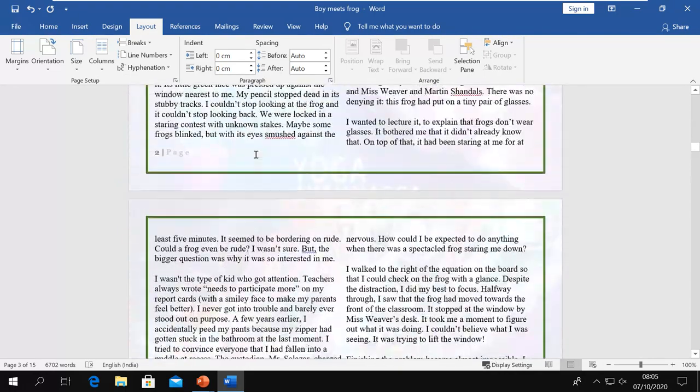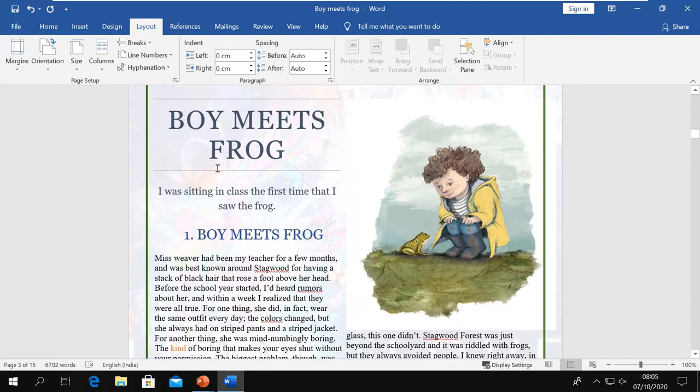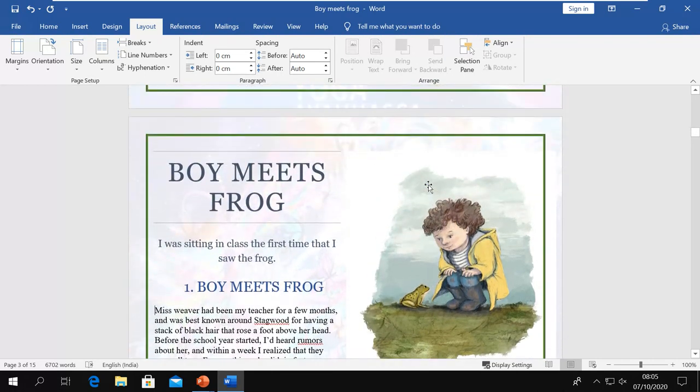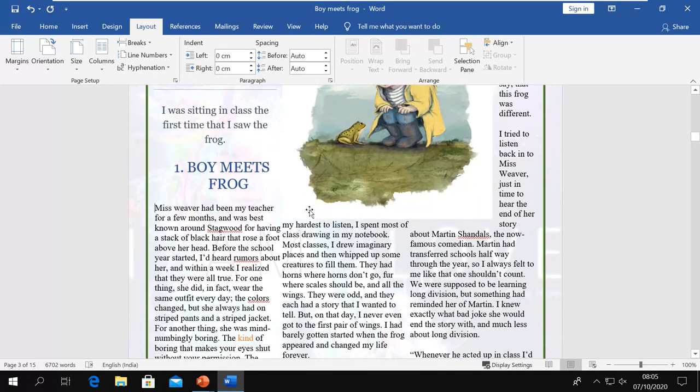Now again, if you see here in the first page, this heading, title, and the image go to this side. So again it is misplaced. So what should you do? You should decide it before you create the document. You can go for 3 columns also. Now you have 3 columns.